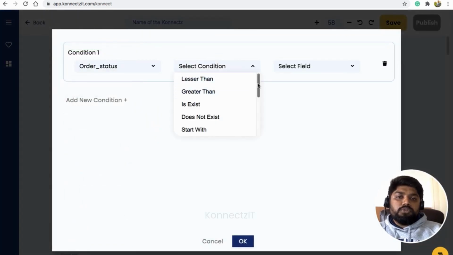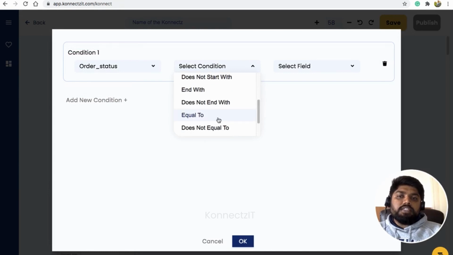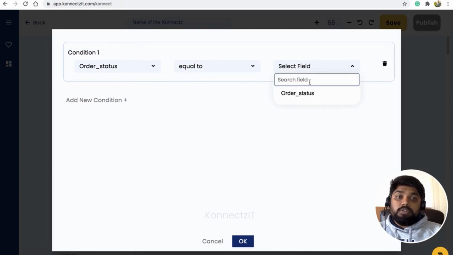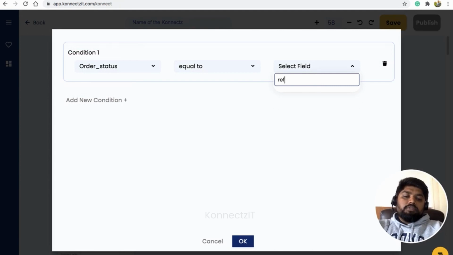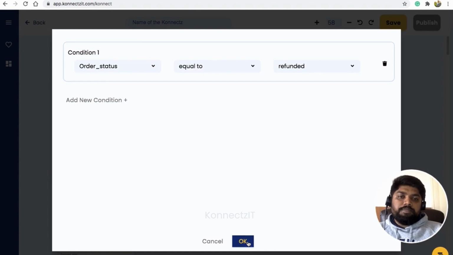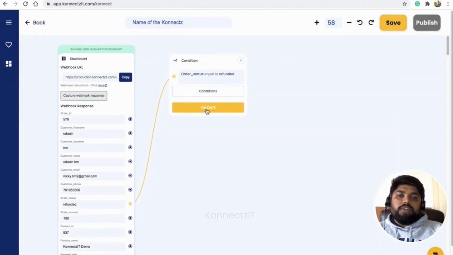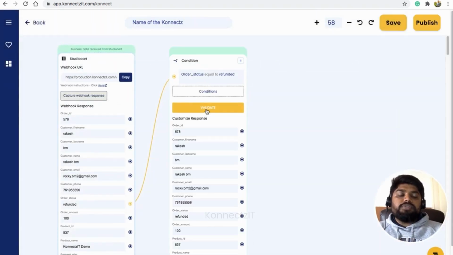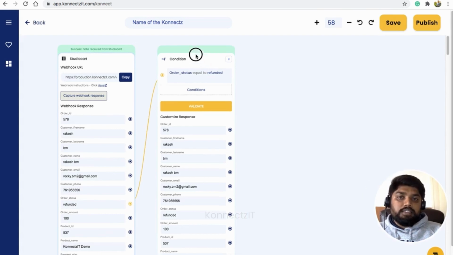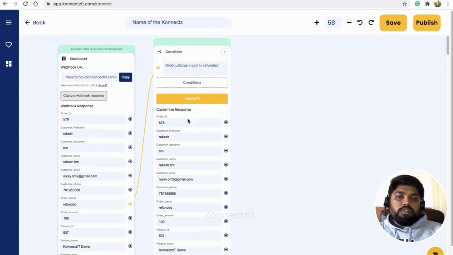Whenever my order status is equal to refunded, I'm going to push all this data to one particular sheet. So let's do that. Click on validate. This will validate the records inside this condition. Now you have all the details from this app, so you can connect all the records from here.